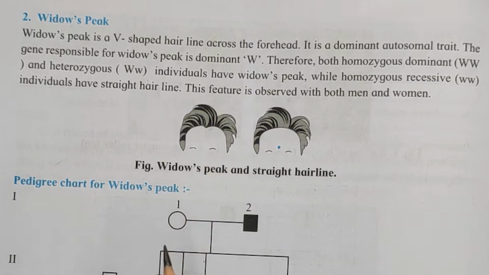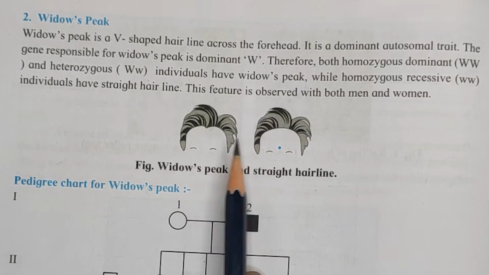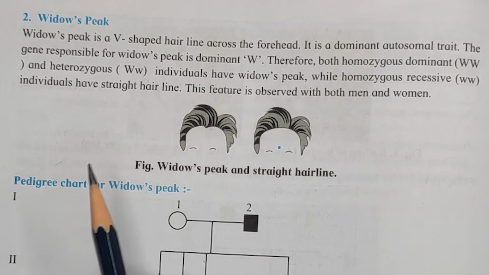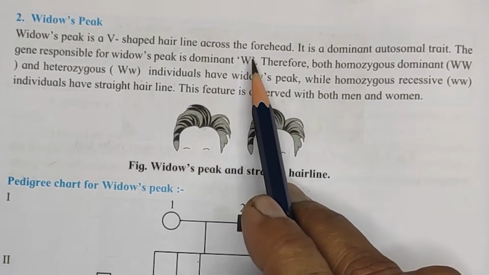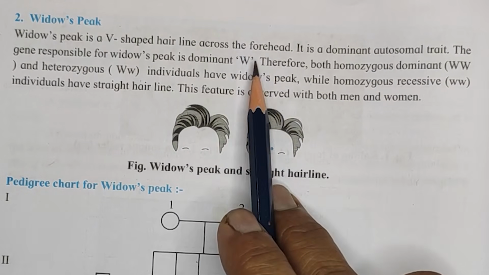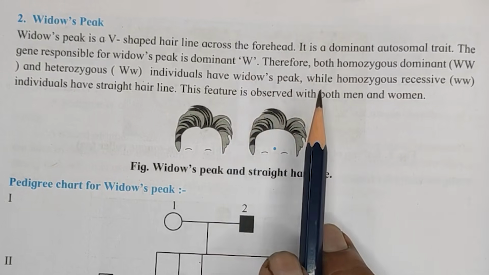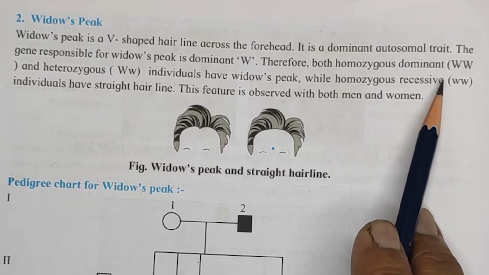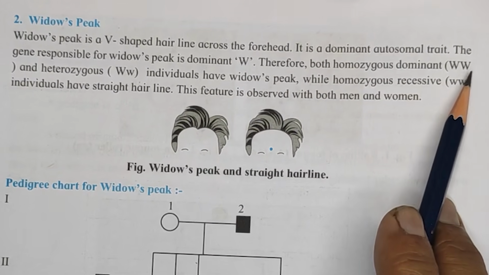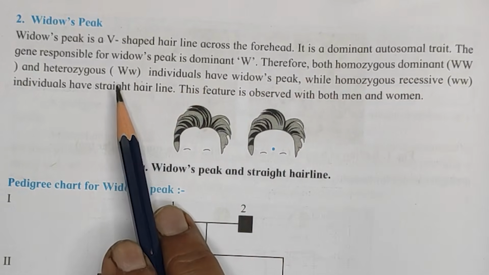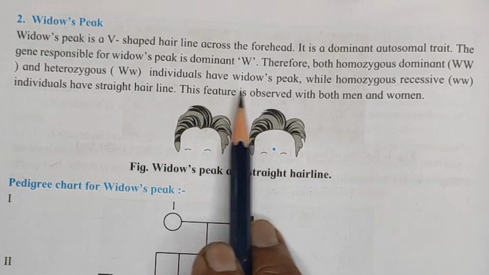It is a dominant autosomal trait. Again, it is a body character, an autosomal trait. The gene responsible for the widow's peak is dominant, that is a capital W. It is dominant, that's why it is a capital W, W for widow's. Therefore, both the homozygous dominant, capital W capital W, and heterozygous, capital W small w, individuals have the widow's